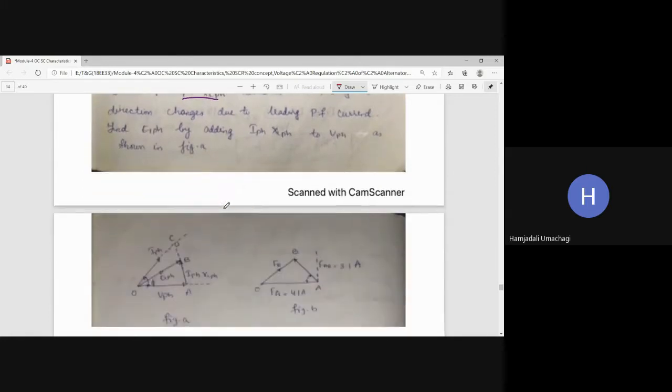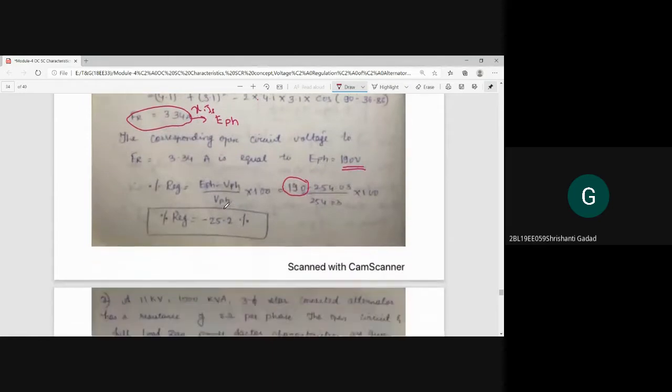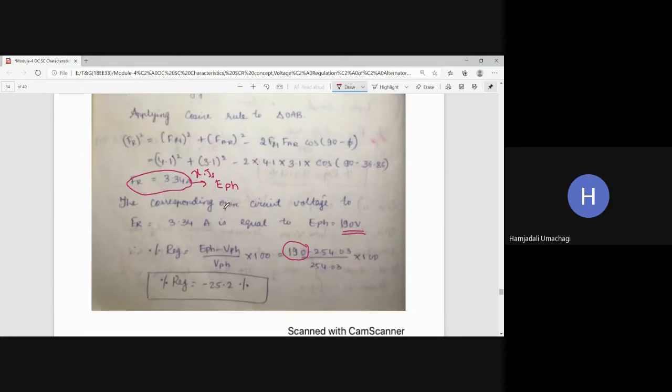I hope this problem is clear to all of you. Yes, sir. Just follow these instructions that I have explained to you. We will solve a similar kind of problem in the next class. Remember, these are all important questions which will be asked for 10 to 12 marks in the final VTU exam. Either they may ask theory related to the ZPF method, or problems related to the ZPF method.